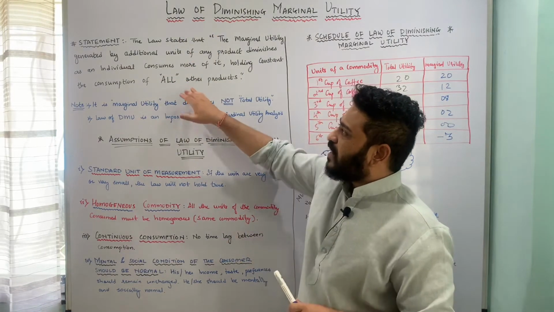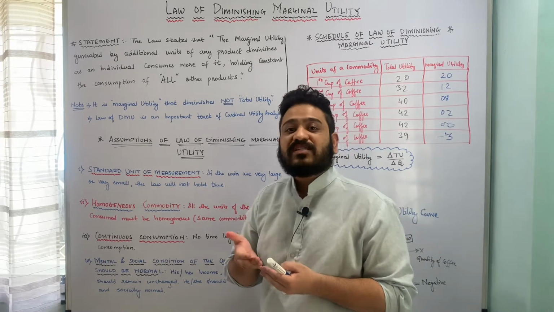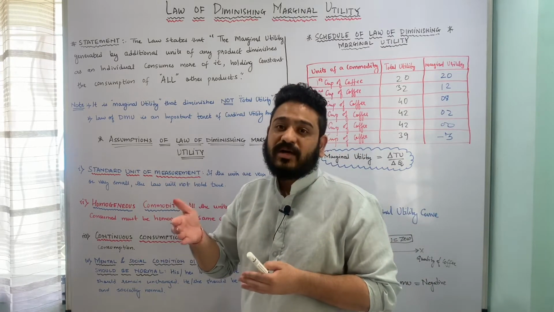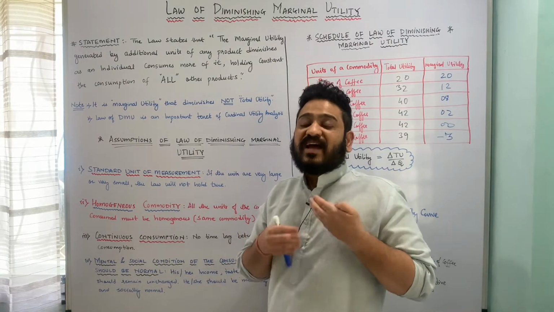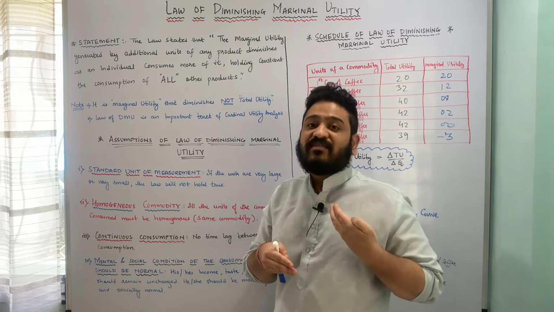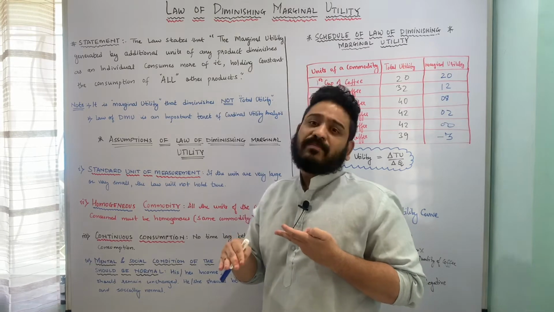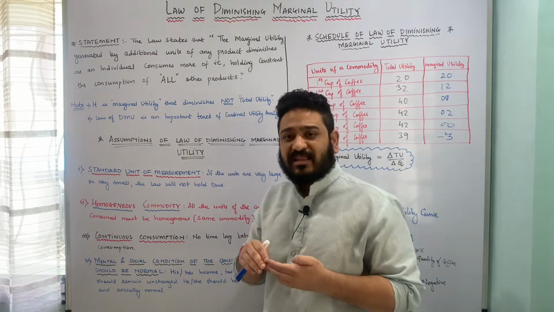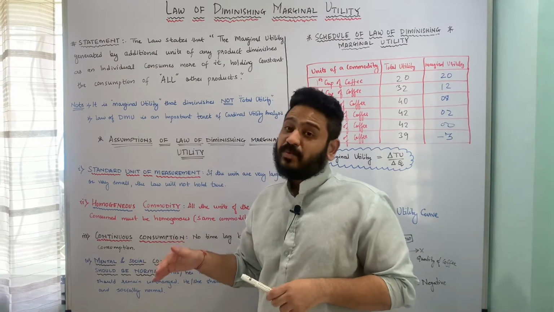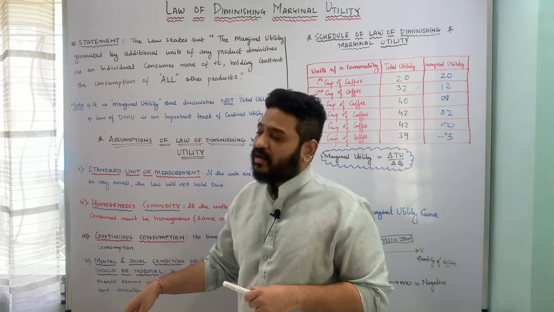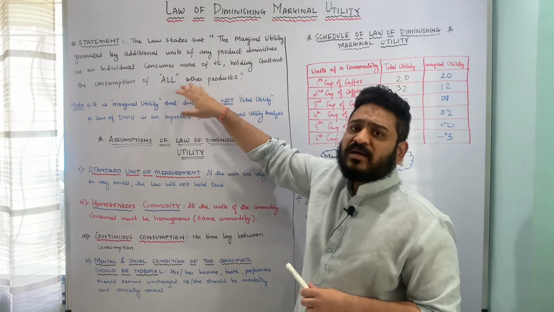This means that the additional utility generated on account of consumption of an additional unit of a particular commodity is going to be less as compared to the additional utility he or she derived after consumption of the first unit. The second unit is going to have lower marginal utility as compared to the first, then the third unit is going to have lower as compared to the second, and consequently the nth unit will probably have it in negative terms as well.